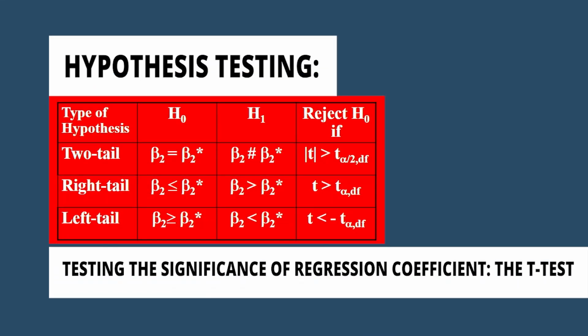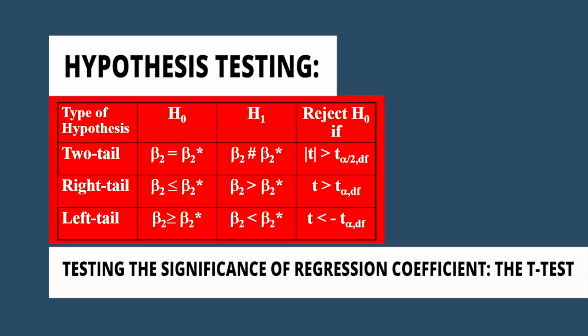So whenever we go for a tabular representation of hypothesis testing, we go for some kind of decision rules. Given that the variance of the disturbance term is unknown, we go for the two tail, right hand tail or left tail. As we follow in a normal testing procedure, we have the H naught. For the two tail distribution, we always say that beta 2 is equal to beta 2 star, which means that the population parameter beta 2 will be equal to the sample statistic beta 2 star,